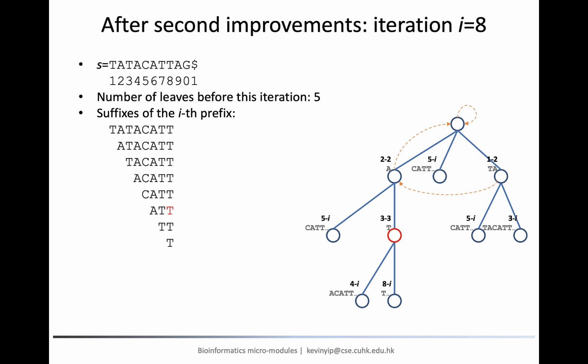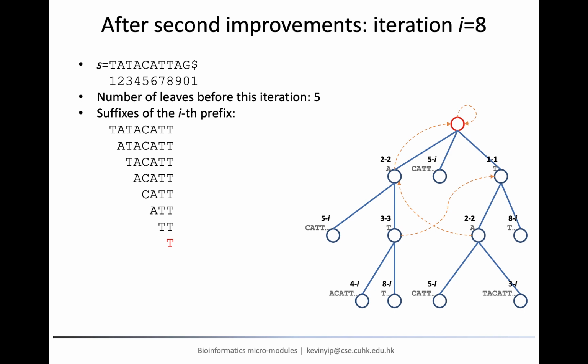Following the rules, since the current node does not have an outgoing suffix link, we go to its parent and follow its suffix link to reach the root as the new current node. Now for this suffix TT, after the downward search, we find that new nodes also need to be created, and so we create them. Also, a suffix link is added pointing from the previous internal node to this new one. Then following the rule, the current node is updated to the root.